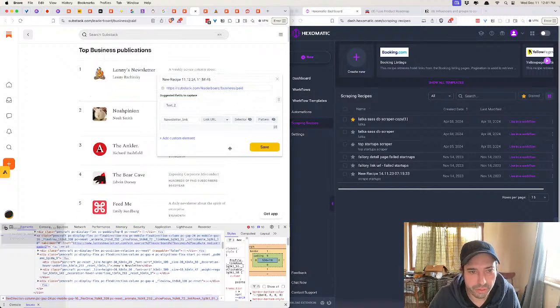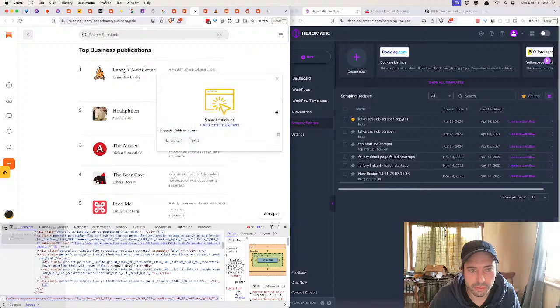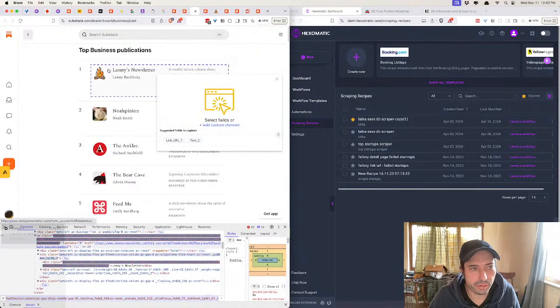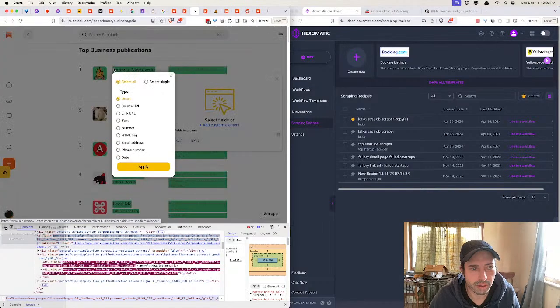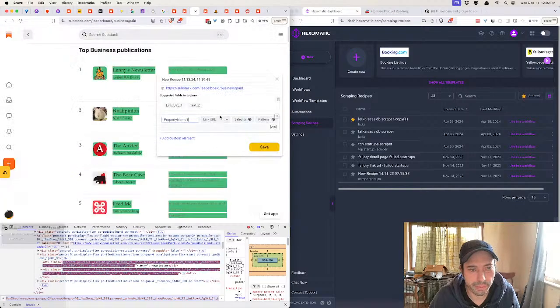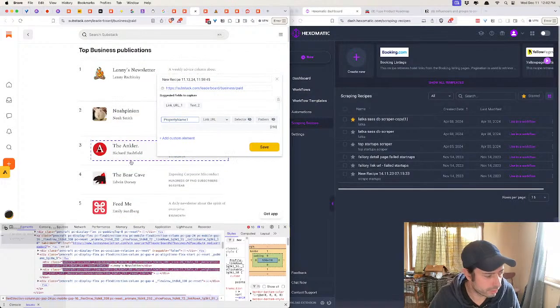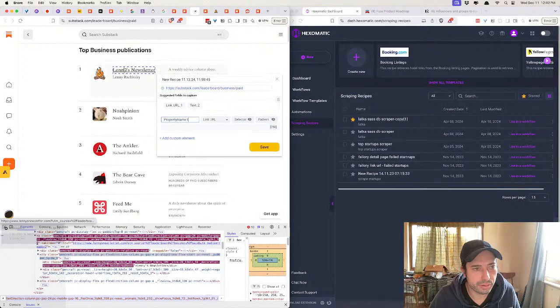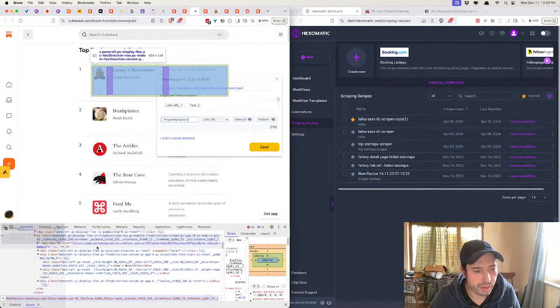I'm wondering if it can just automatically. Can I automatically? And let's just trash these. Okay, select fields. So I think if I just select here, we select link URL, apply. Yeah, okay, fine. But this whole thing goes to